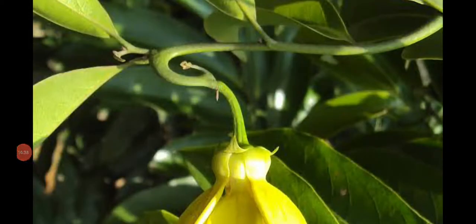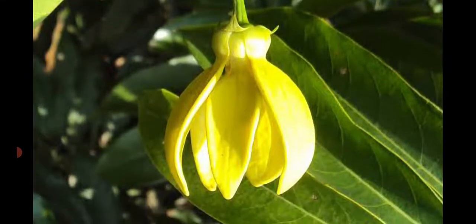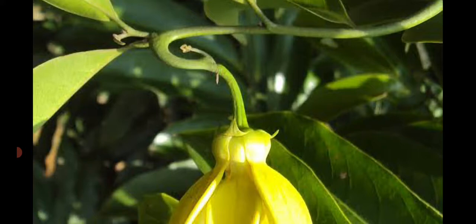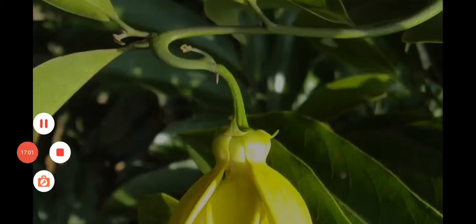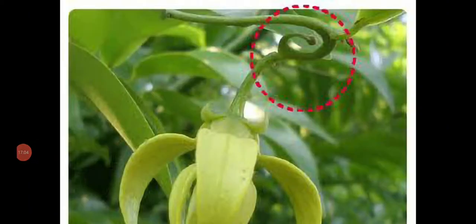Dear students, this is the best example of hook climber. Example, Artabotrys. The inflorescence axes, which are modified into curved hook-like structures to produce the flowers at the tip region, that is said to be Artabotrys. Example of hook climbers. So this is another diagram, showing the red circled figure, which shows the hook-like climbers, that is the inflorescence axis in Artabotrys. In Tamil it is known as Sambangi Poo.